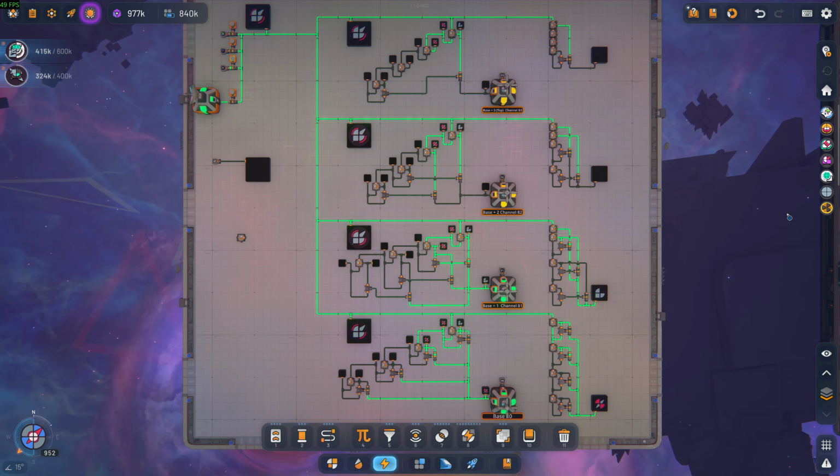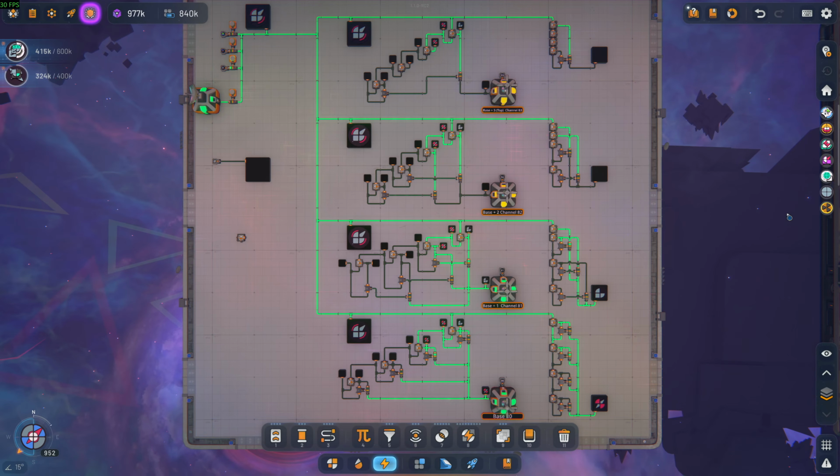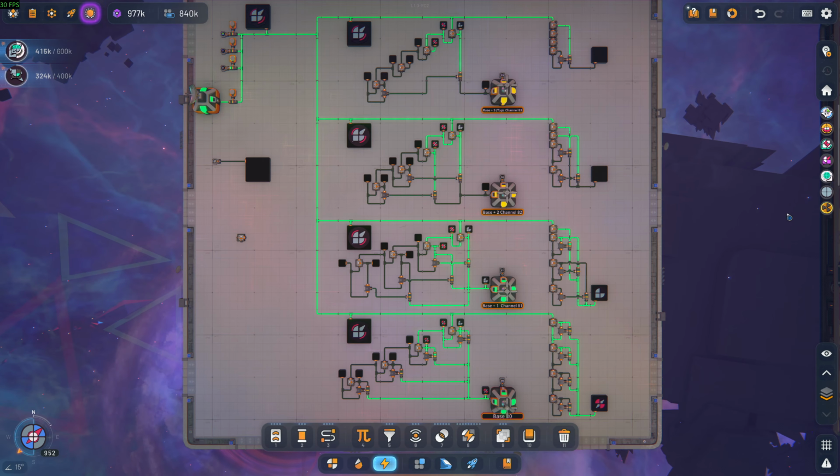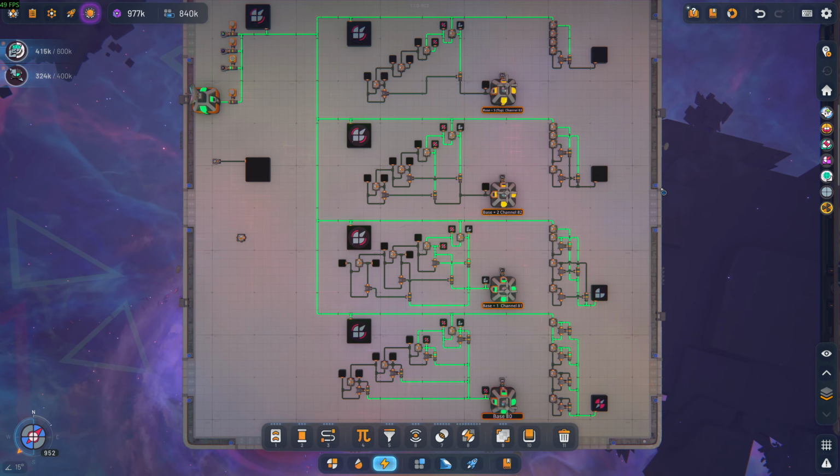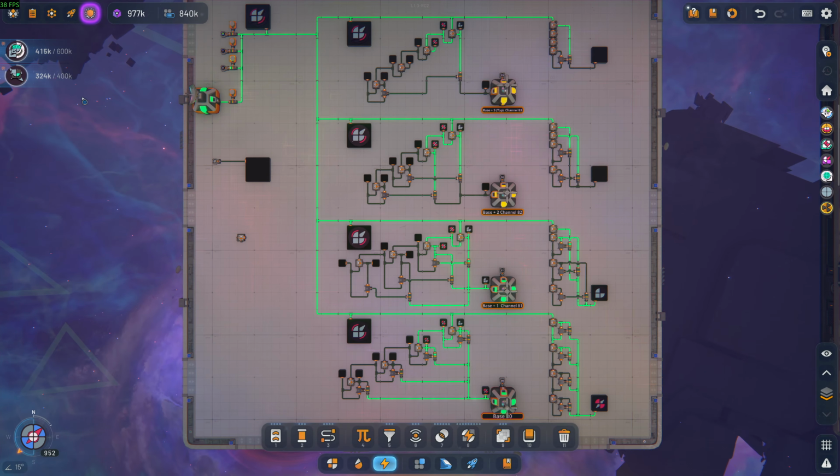Hey everyone, if you're trying to make a make anything machine, one of the most fundamental things that you have to learn how to do is to analyze a shape. So there's lots of different ways to look at shapes in Shapes 2. There's the built-in shape